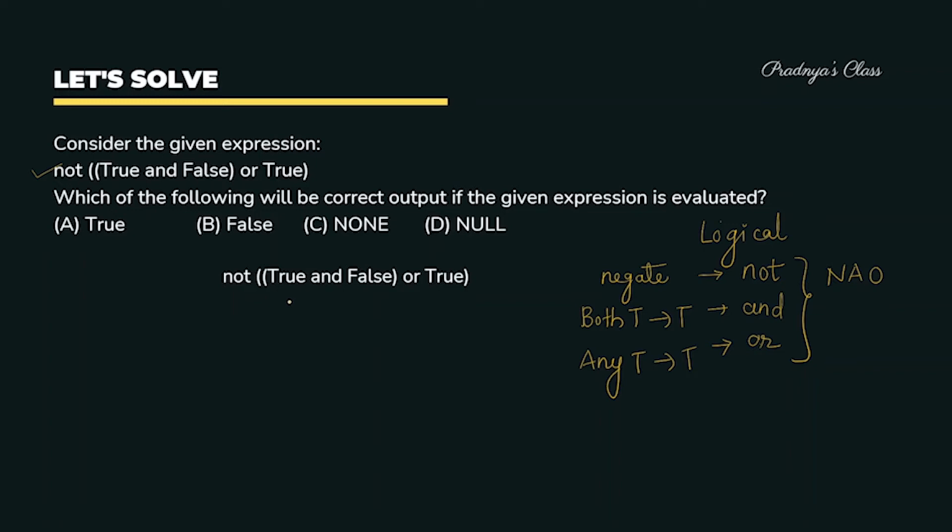नाउ लेट्स सॉल्व दिस एक्सप्रेशन। हमें पता है कि हाईएस्ट प्रायोरिटी ब्रैकेट्स की होती है, उसमें भी पहले इनर ब्रैकेट सॉल्व होता है। सो इनर ब्रैकेट में लिखा है ट्रू एंड फॉल्स। सो ट्रू एंड फॉल्स विल बी फॉल्स बिकॉज एंड के केस में अगर दोनों ट्रू हैं तो ही हमें रिजल्ट मिलेगा ट्रू। तो इनर ब्रैकेट तो सॉल्व हो गई, बाकी हम एज इट इज लिख लेते हैं। यहाँ पे है हमारे पास नॉट। अब ये ब्रैकेट हम सॉल्व करेंगे तो फॉल्स और ट्रू विल बी ट्रू। अगर एक भी कंडीशन ट्रू होती है तो हमें रिजल्ट मिलेगा ट्रू एंड नॉट ऑफ ट्रू विल बी फॉल्स। वी नो नॉट ऑपरेटर निगेट्स द रिजल्ट। इफ इट इज ट्रू इट विल बिकम फॉल्स। सो हमें आंसर मिला है फॉल्स। तो बी ऑप्शन यहाँ पे करेक्ट है।